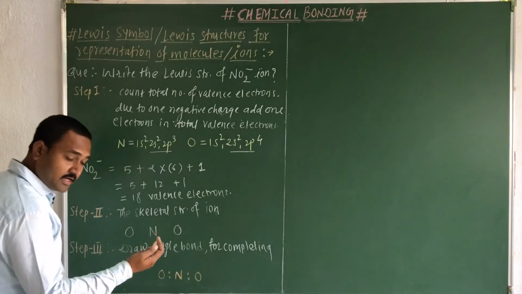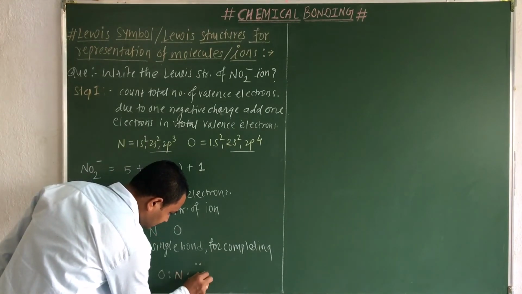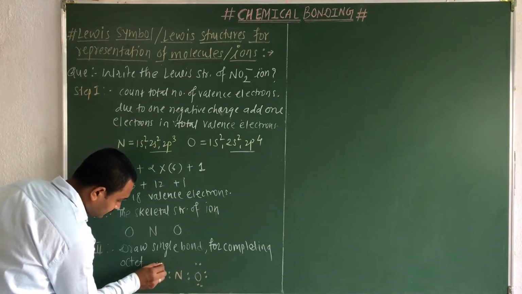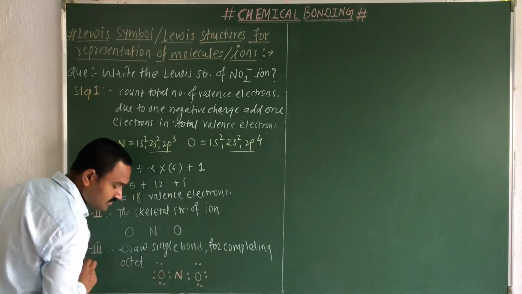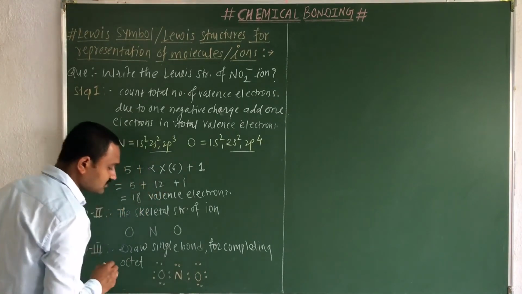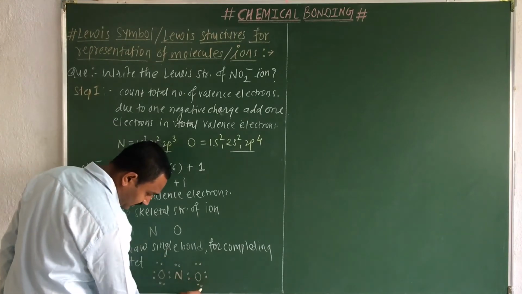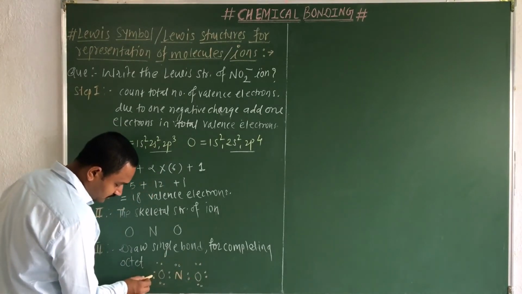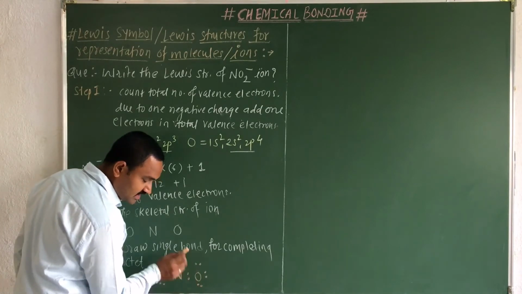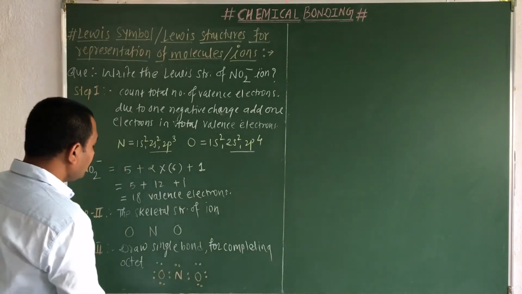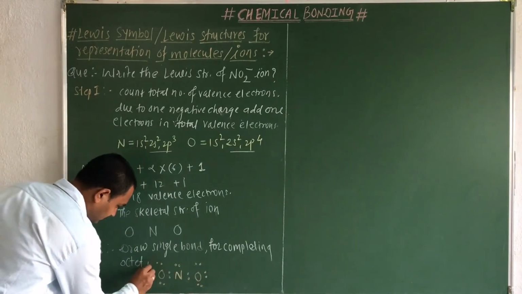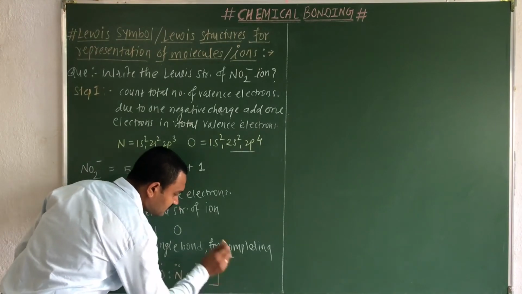Now, total 18 valence electrons, so I will write 3 pairs here, then 3 pairs here, then 3 pairs here, and 1 pair on the nitrogen atom. So count that: total 18 valence electrons: 2, 4, 6, 8, 10, 12, 14, 16 and 18. But after you draw this particular structure, as we know there is a negative charge on